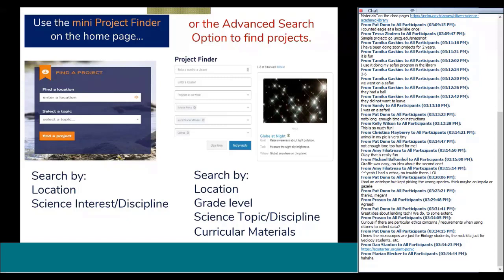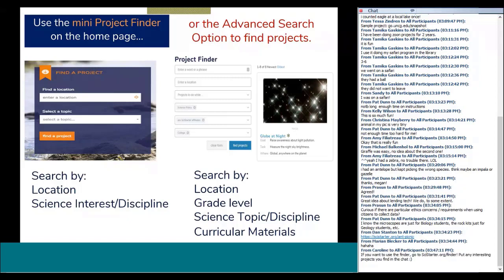For instance, I'm in Arizona, but I can actually do ocean projects, if they are online. Some of the same things, like you didn't all really go to the Serengeti, but you're doing it. So even a desert dweller like me can get to the beach once in a while for citizen science. Or you can go to the Advanced Finder, and I don't know if you can see on this slide, but you can limit